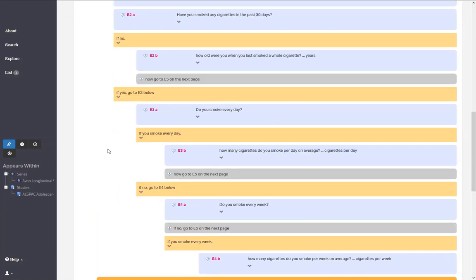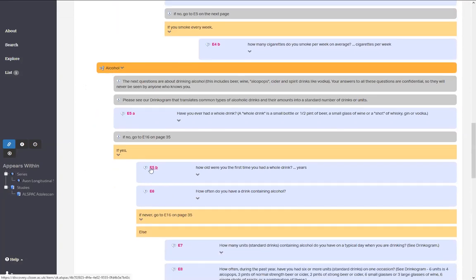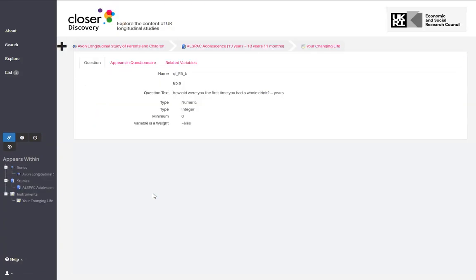And if we navigate to where our question is within the alcohol section and find our question here, you can see that it is within some routing or some filtering related to the question before. So we can see that only those who've ever had a whole drink actually answer this question, which might be why there's less valid numbers in that variable. If we click on the question, we can then see the question view that we've seen before,